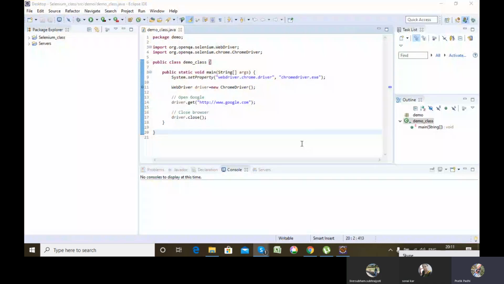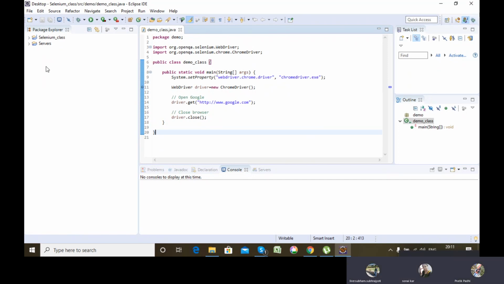The first step which we will be doing, after Eclipse opens, is we'll click this one, that is Java Perspective, this symbol in the rightmost top corner. So it will open the Java perspective. There is another perspective, that is Java EE perspective, and there is a debug perspective. So we'll be working on Java perspective.